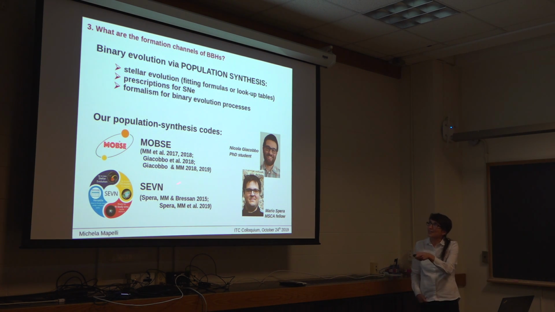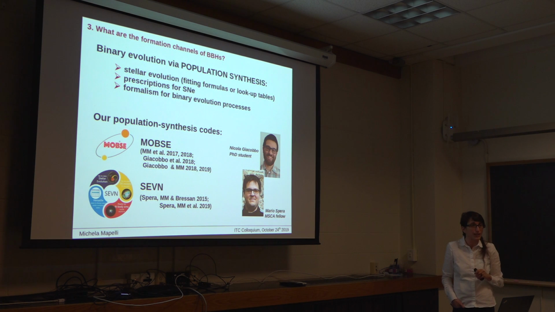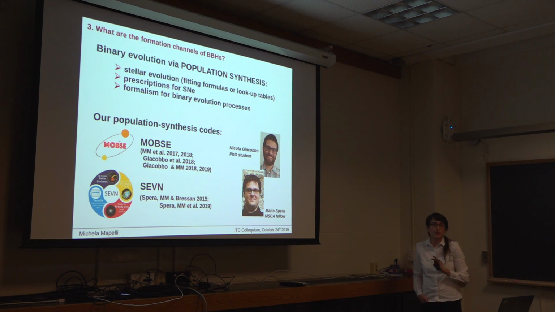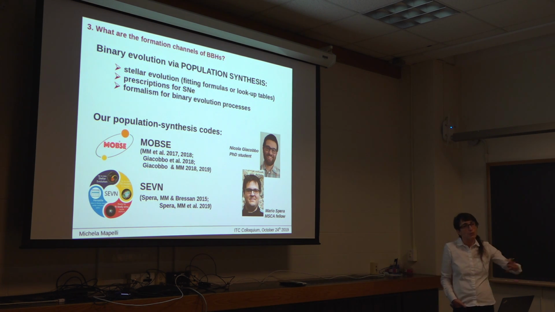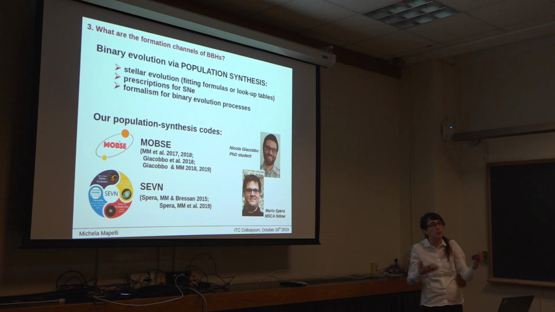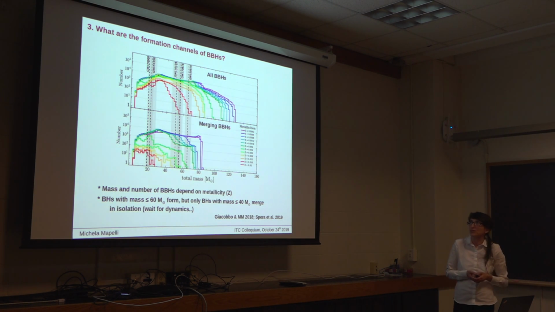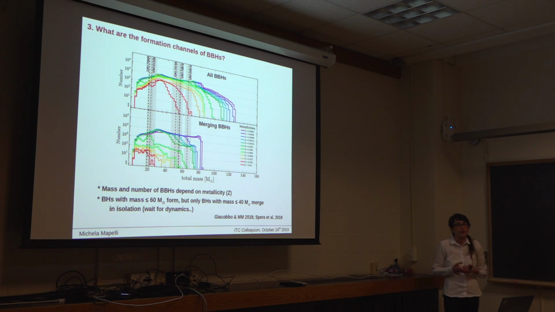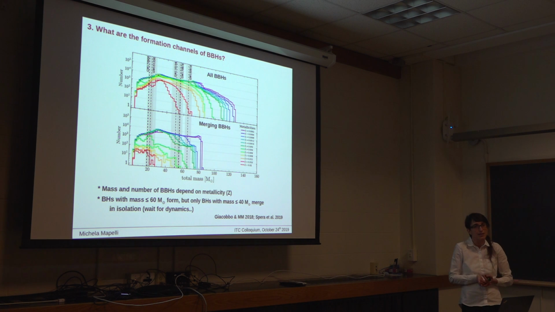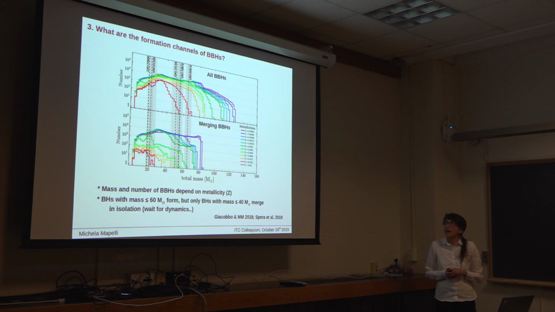And since these things are quite complicated, we want to be sure that the main results we get with one code are consistent with what we get with an almost completely different code. So with this kind of population synthesis code, we can run hundreds of millions of simulations of binaries in just one day,